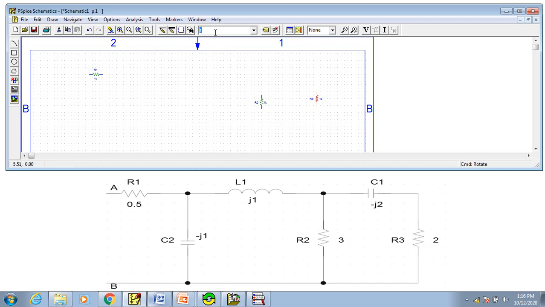Now let us take one inductance. So the part name is L as discussed. Type L and then enter. Place it somewhere here, and then you can press escape button or right click, and then capacitance. Type C and then enter. We need 2, so we'll keep here. That is for minus 2i, and let us rotate and place it vertically here.